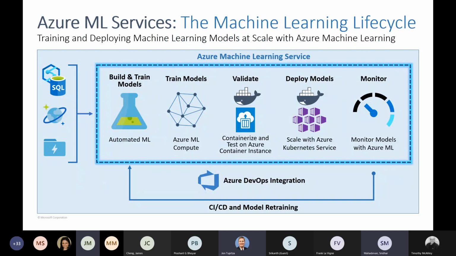So in Azure, it doesn't really look a lot simpler. We've got to go get data from SQL and Cosmos and files and IoT services and all kinds of sources and use them to build and train models, either by hand or using AutoML. We've got to be able to set up infrastructure in order to facilitate that training. Sometimes it's a large amount of data. Sometimes it's complex data like photography and video. It just requires far more compute than we would have on our desktop computers, no matter how robust we can make them. We've got to be able to deploy and validate that machine learning model